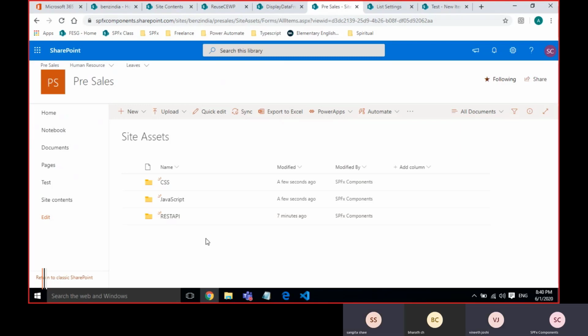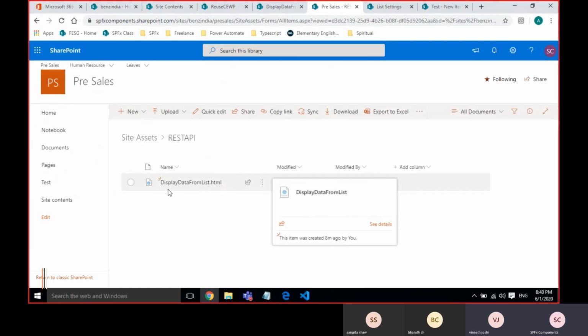That is the structure, the architecture. In the same way, we will keep all the CSS and JS files here, and if the requirement is, I'm just giving REST API, here we'll keep news and HTML. This HTML related JS file will be kept here.